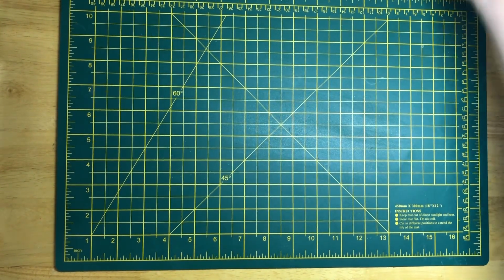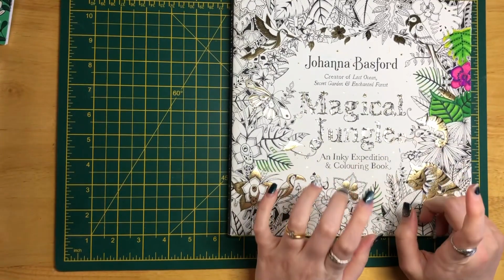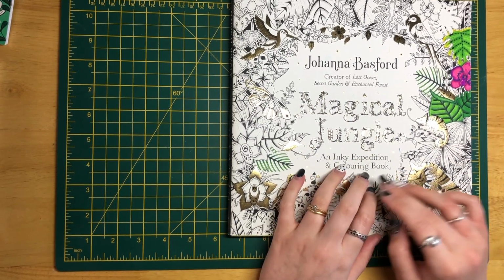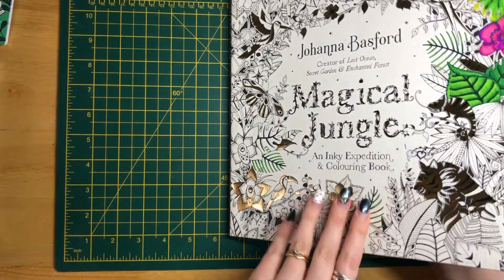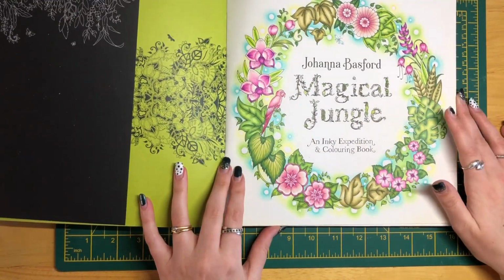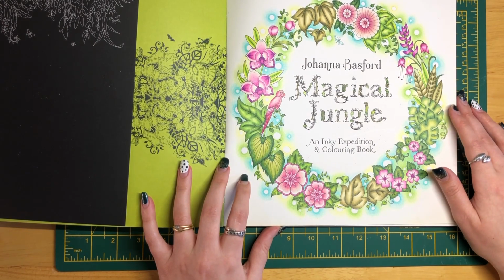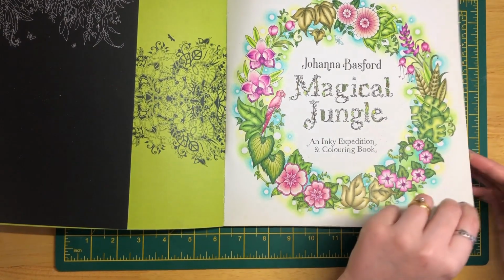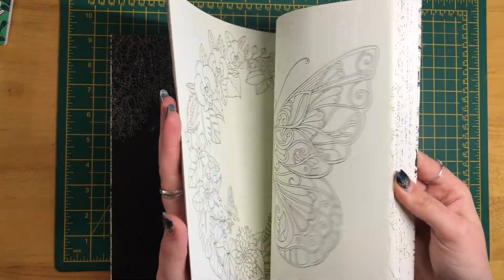So we'll stick with Magical Jungle by Joanna Basford. I started the cover and then just decided not to continue with the cover. The first page I did in here was this one, and I used all pencil, all Prismacolors, and I was really happy with it. I'm still happy with it. It's very bright, cheerful. I'm not sure whether I've done any more in this book though, which is quite shameful because I really like this book, but I don't think I have done any more,